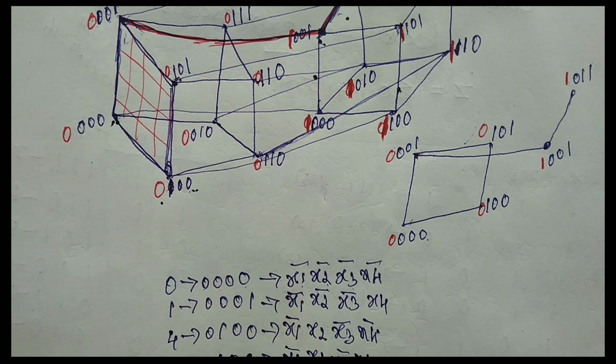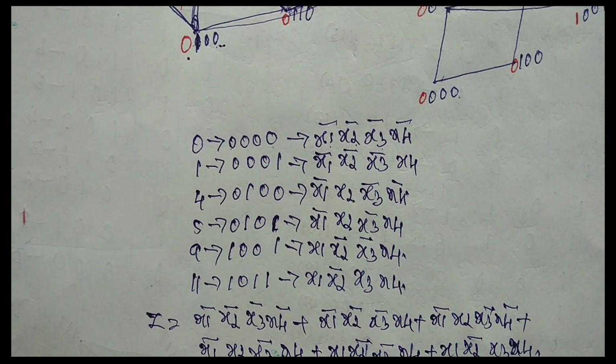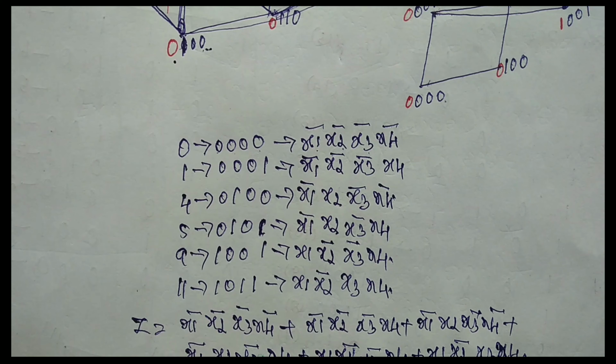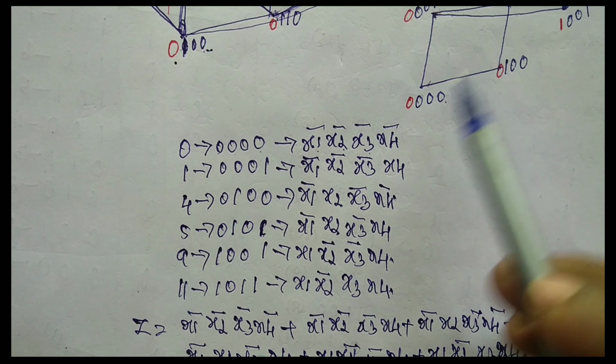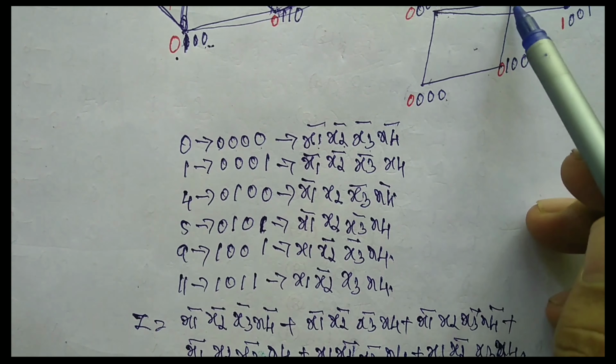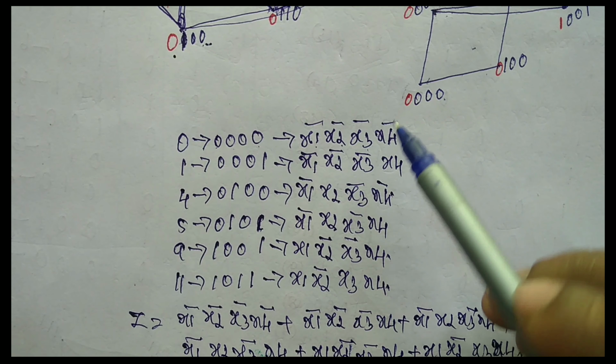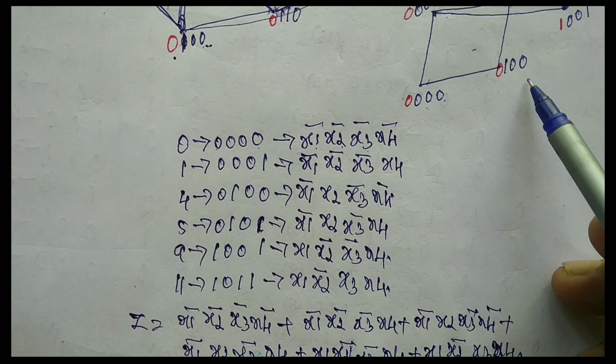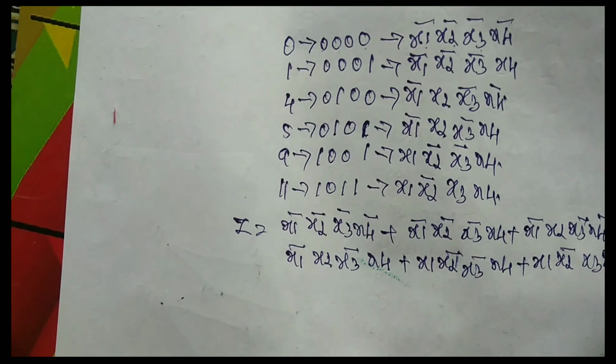What is the application of this cubical representation? Here total 6 expressions. By using the formula, we can simplify this one. But this is lengthy. If this is a lengthy expression, it is not so easy to simplify. So for that, we can use this representation. So you take these points. This is square. So you take the square portion. The square portion is 0, 0, 0, 1, 0, 1, 0, 1, 0, 0, 0, 0, 1, 0, 0. So we can take these 4 points.